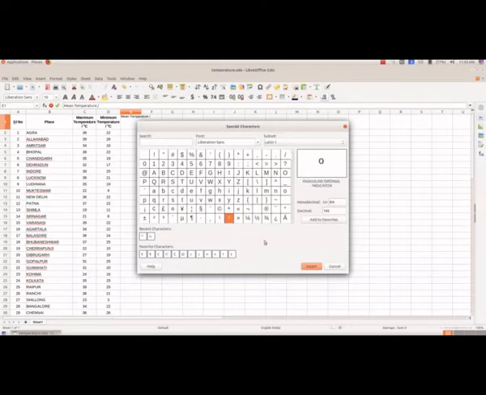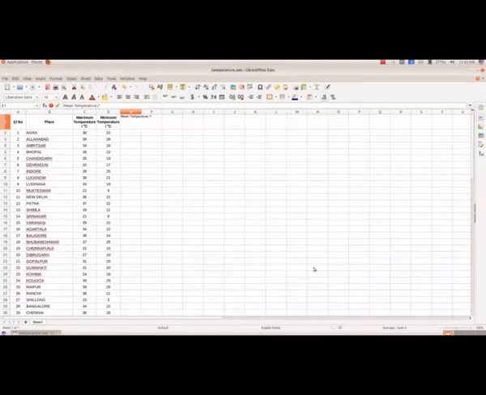We will select that symbol and then select Insert. And then C. And when we press the Enter key, we are getting it in a single line.